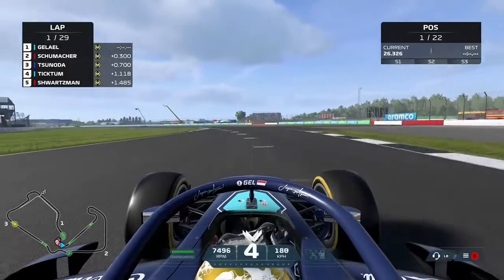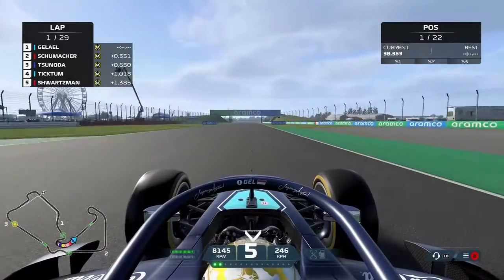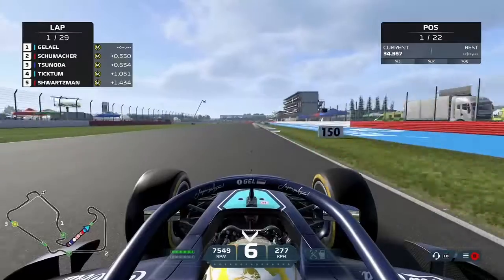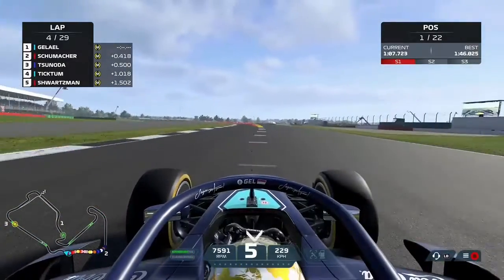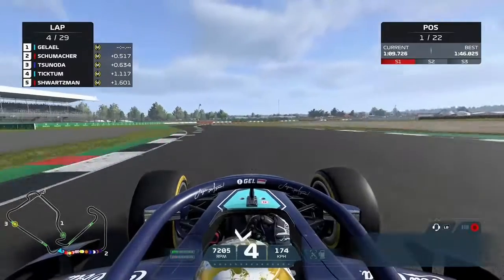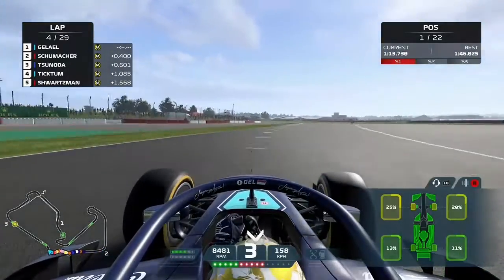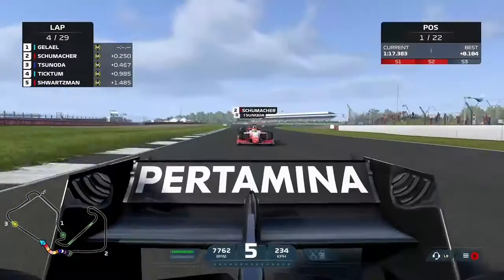We have gotten a small gap to Schumacher, and we need to extend and push as hard as we can in this race and make sure we take the win, take the fastest lap, and absolutely maximize this opportunity that we've got at the front of the field at the moment. We continue on to lap number 4. We're already jumping ahead in this race, but you can see a few little mistakes there through Maggots and Becketts,